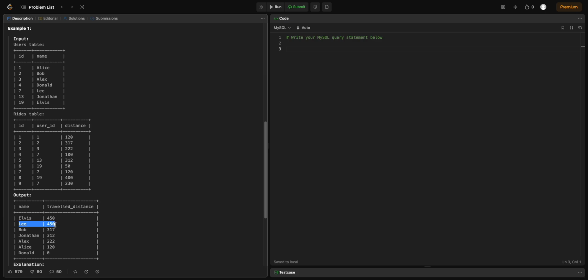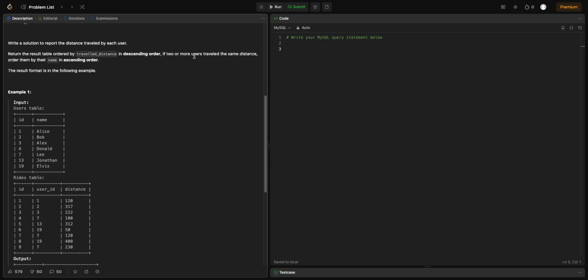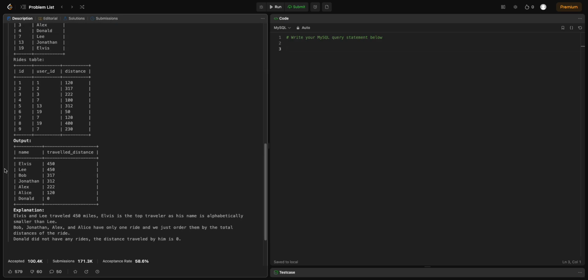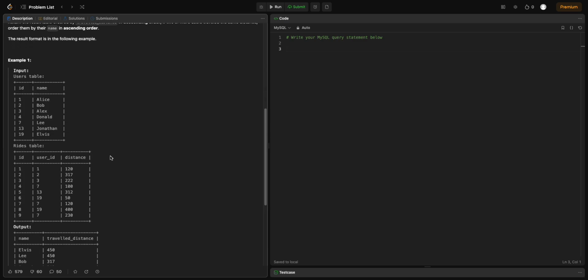But something else that we can see is that both Elvis and Lee have the total distance traveled as 450, but Elvis is returned before Lee in the results. And the reason for that is the question asks us to return the results in ascending order of name if the travel distance is the same. So here we see travel distance is the same, and since Elvis comes before Lee in alphabetical order, Elvis is returned first. So let's go ahead and start